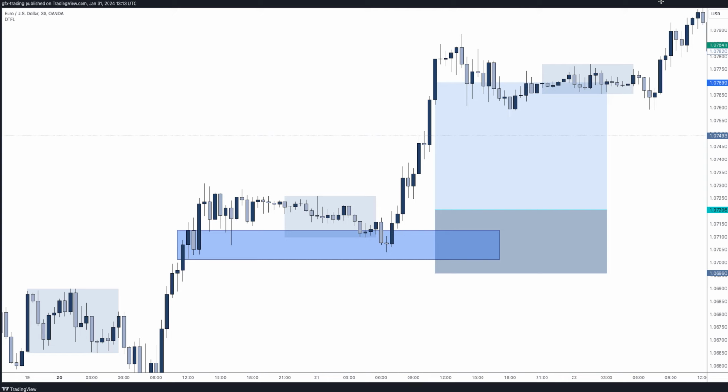Okay, so I've got a bearish example and I've got a bullish example. We'll go through the bullish example first, and if you cast your mind back to the last couple of videos, the last one in particular was based on reversals. So I suppose you could call this a reversal, but it's not so much a reversal in terms of completely reversing in the market, because ultimately we want to trade in the same direction as